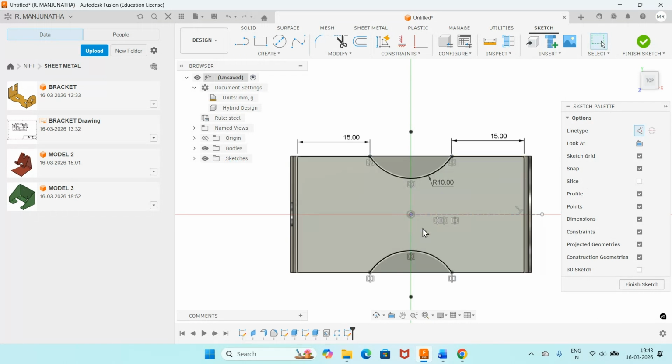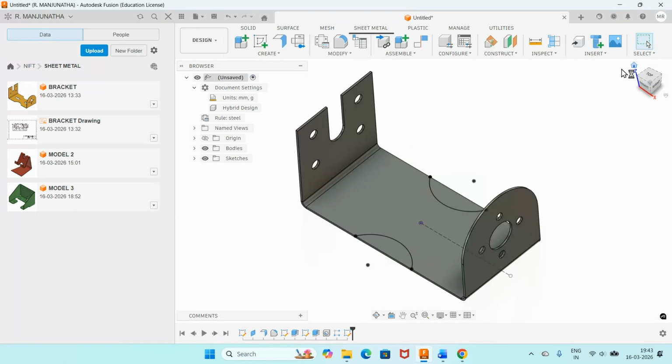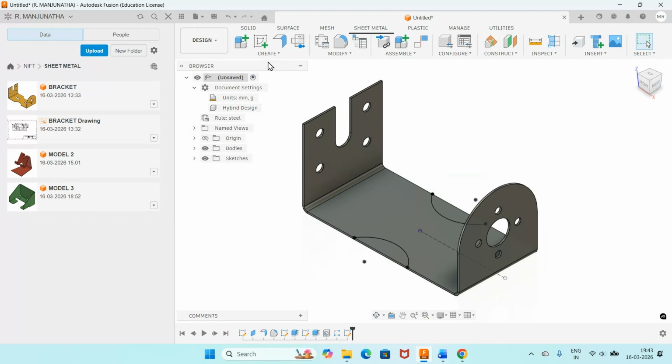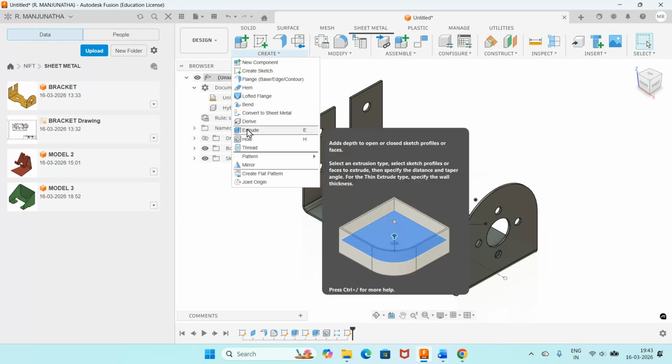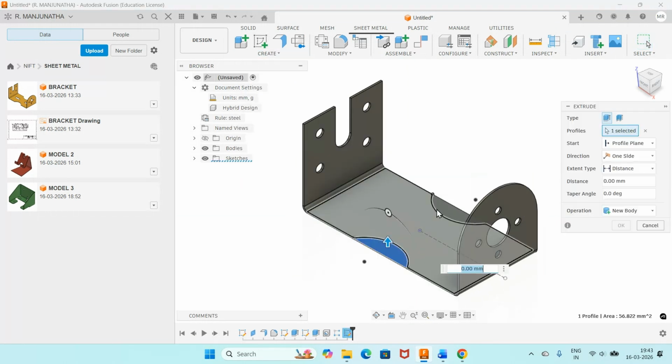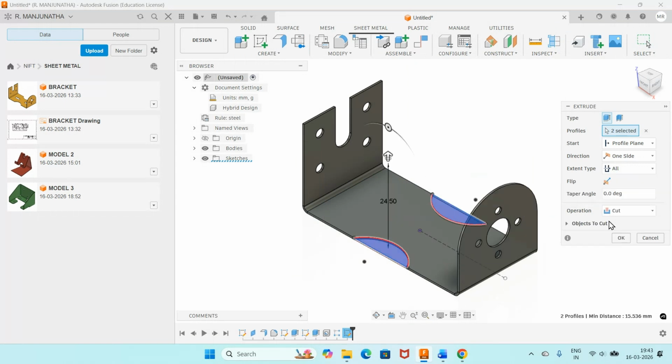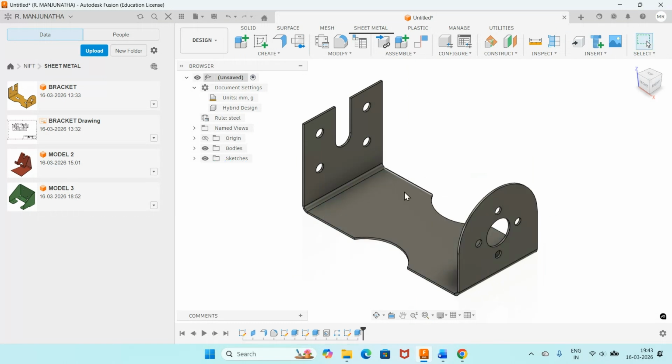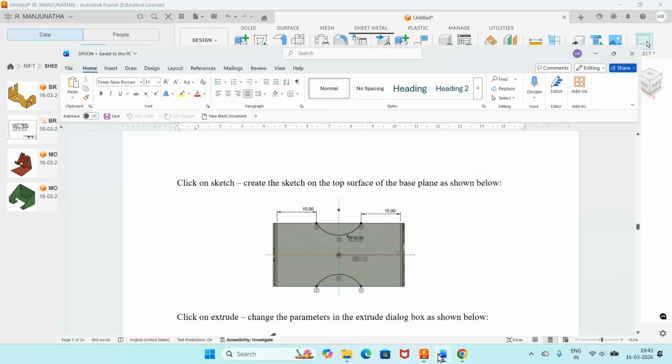So once you do that, I will go for finish sketch and go to 3D and then go to extrude, click on this profile and also on this profile and give the distance as through all and click on OK now. So one portion is over. Similarly, on the other side, I want to create this